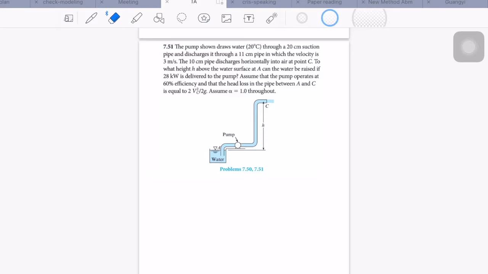Today we will look at some problems about homework 10. For this problem, we need to find the height h, and we assume that the surface A is a datum. And we apply the energy equation. We have that